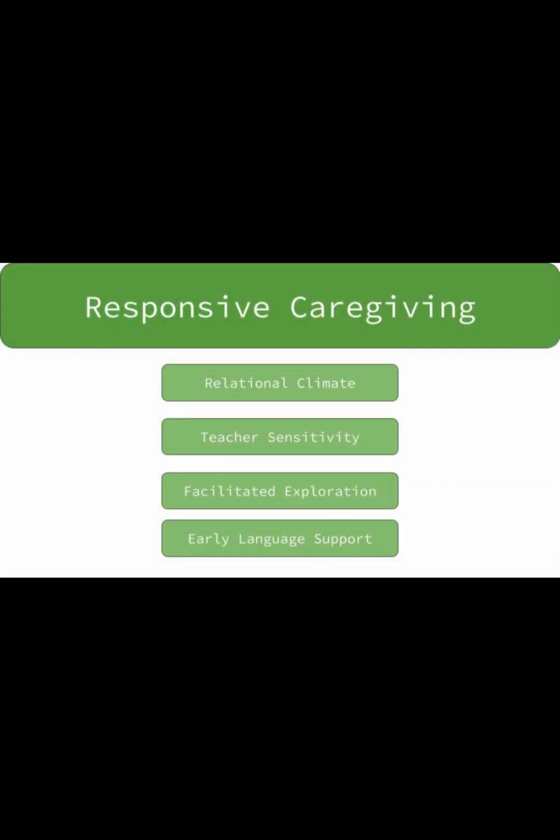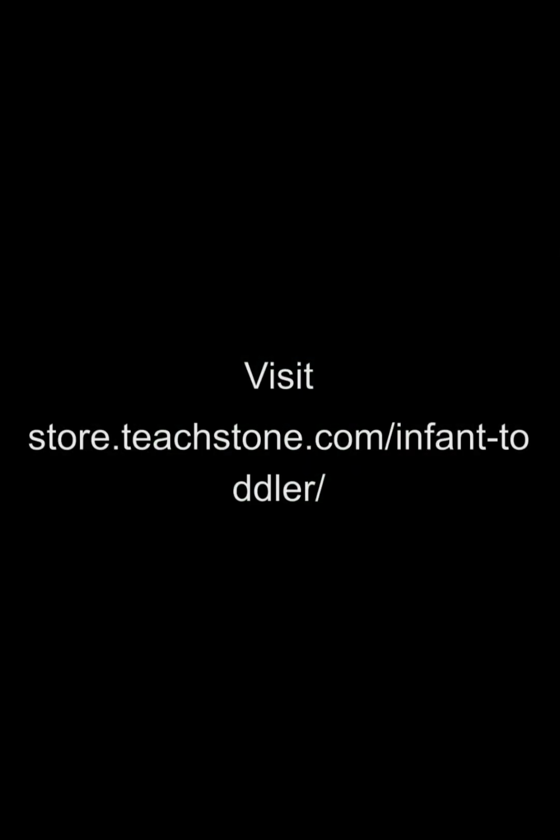The responsive caregiving domain consists of 4 dimensions: relational climate, teacher sensitivity, facilitated exploration, and early language support. You will learn the definition of each dimension, the indicators of each dimension, and why each dimension is important. It is essential to note that this is a broad overview of the CLASS measure. To learn more about the Infant CLASS tool in depth, consider purchasing the CLASS Dimensions Guide, CLASS Dictionary, or CLASS